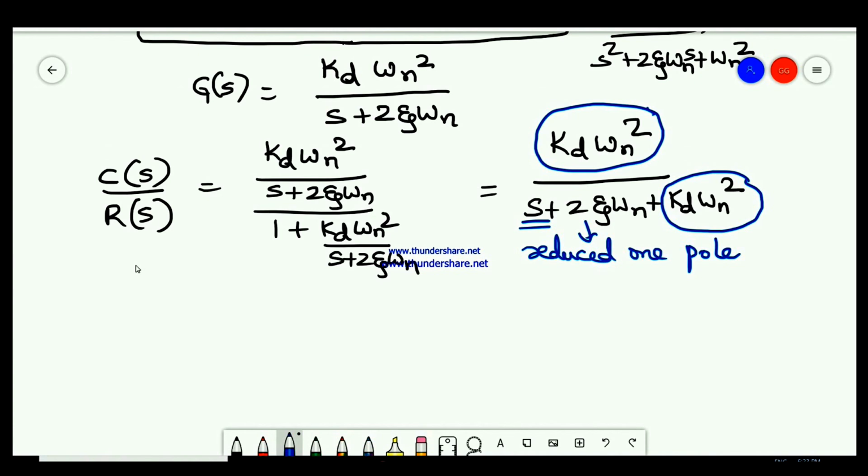And you got to know how the stability is dependent and how the time specification is dependent on omega n square. Increase in omega n square, because of the increment of the constants that get multiplied with omega n square, makes whichever time specification is dependent on omega n square get reduced, which improves the system response time. Means the time taken gets reduced so that the speed will be increased.